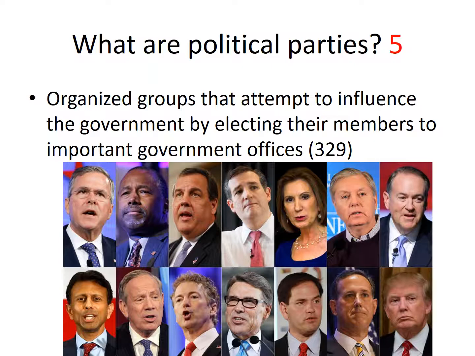This is showing us the slate of candidates for the Republican Party for president in 2016, probably before the year 2016, actually. And we're probably looking at the summer of 2015 when you had this list of candidates that were running for president. A pretty big list of candidates there, as you can see. Very wide open field.